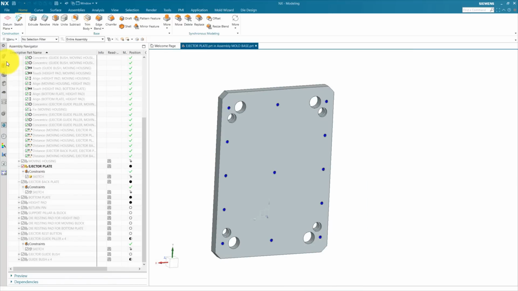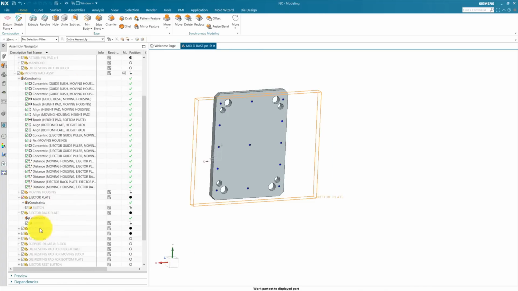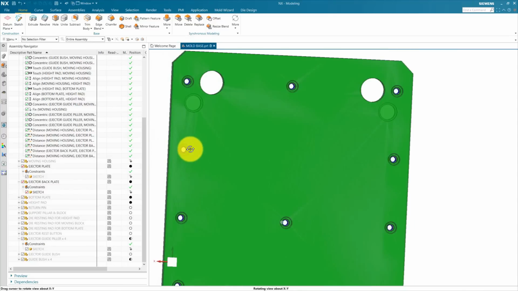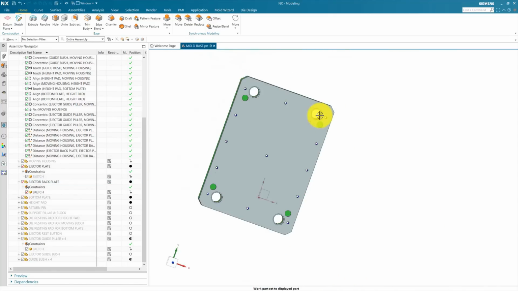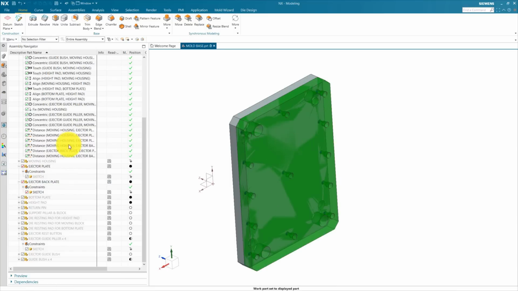I always use this type of color for different features. Okay, now go back to the mold base assembly and activate our ejector backplate. So you can see here, this is our ejector guide bush hole, which we will design in our next video.